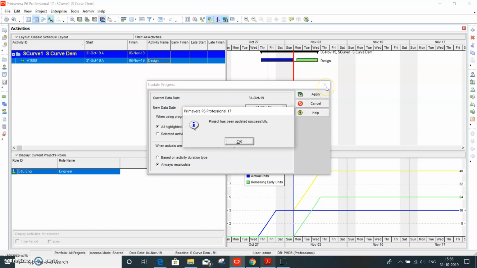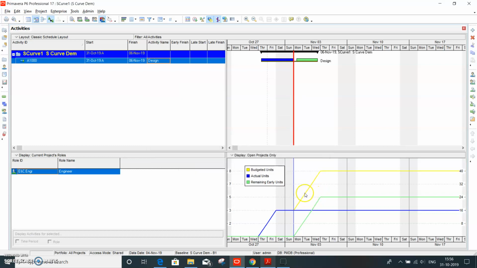Once you do that, you clearly have this indicated. So budgeted is 40, and we updated the progress. It's about 16 hours is the actual, which is already done, and the remaining is 24. So 24 plus 16, you get 40. That is the budgeted.